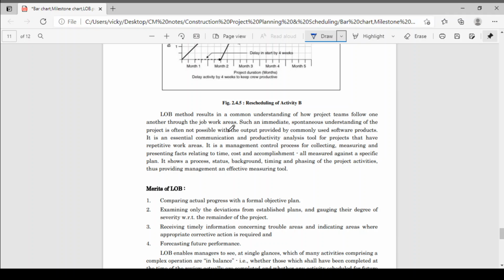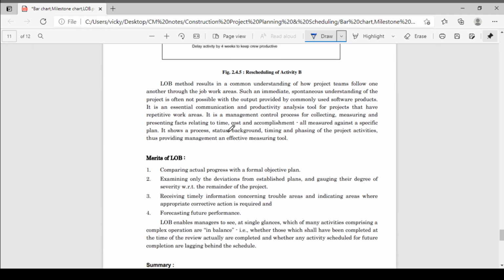It is a management control process for collecting, measuring, and presenting facts relating to time, cost, and accomplishment, all measured against a specific plan. It shows the process, status, background, timing, and phasing of the project activities, thus providing management an effective measuring tool. So this is the effective measuring tool.